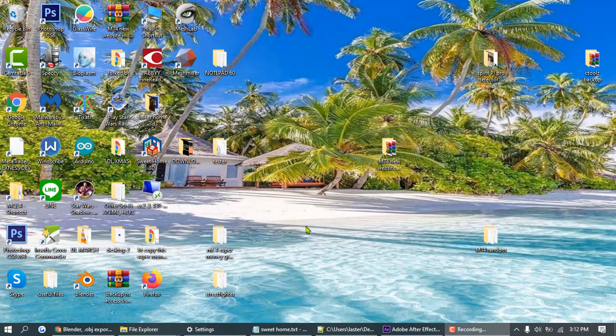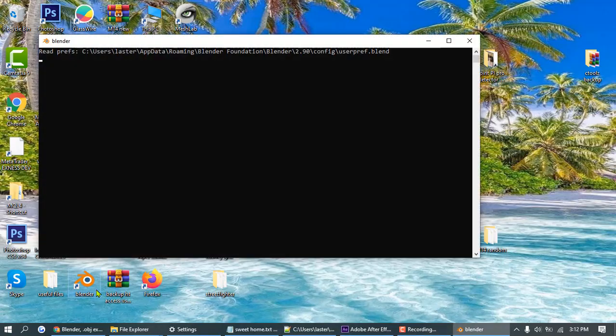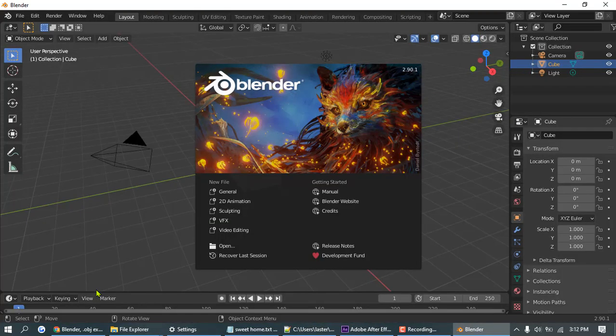Okay, a quick tutorial on how to properly export OBJ files from Blender. That is to keep the color with the file. You just start up Blender here. You import a file that's got the proper color. That should come from something nice like